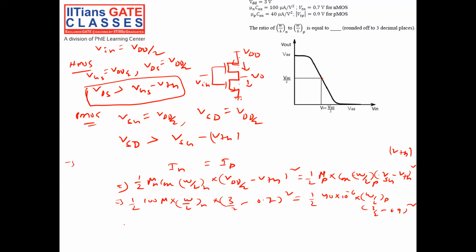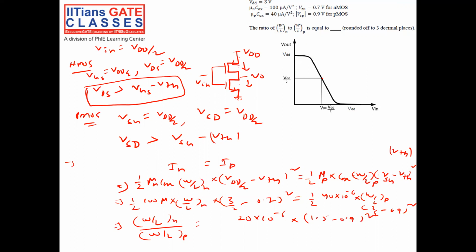If you solve this, W by L N divided by W by L P is equal to 20 into 10 micro into 1.5 minus 0.9